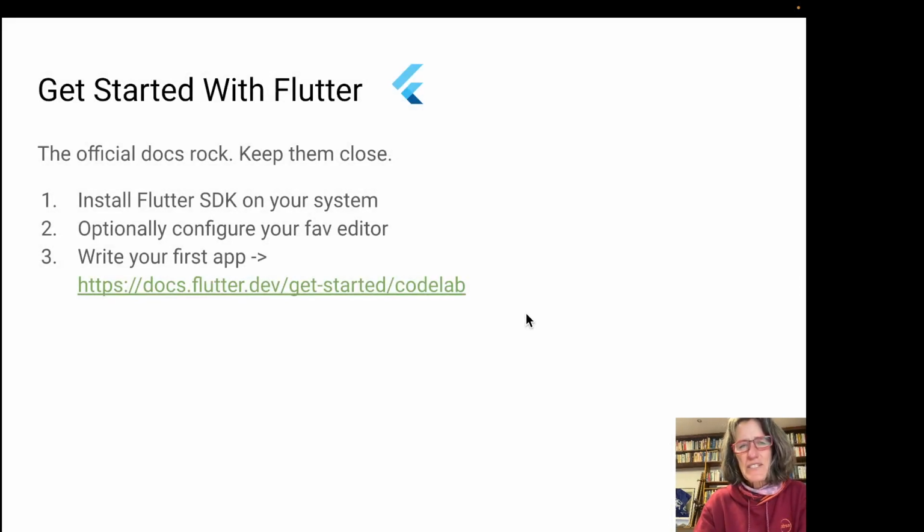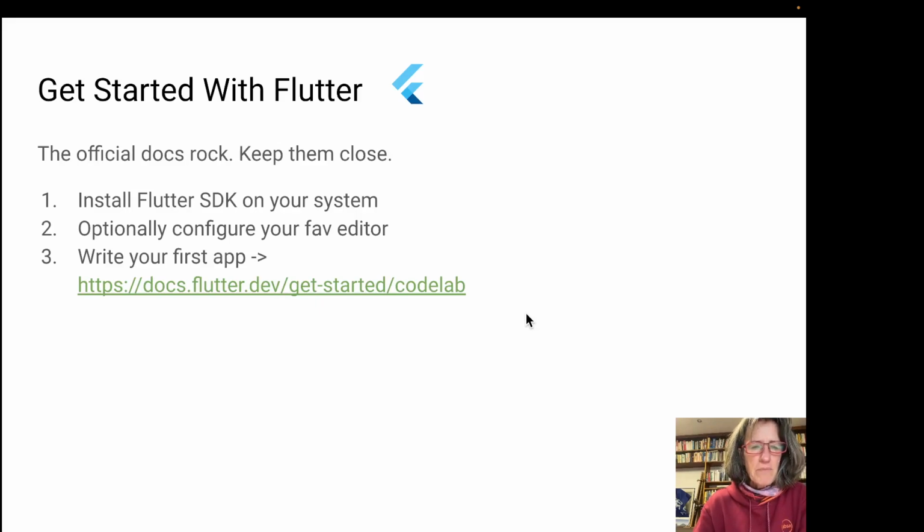So I could talk about this for quite a while longer, but I think it's time to look at something more concrete. So let's think about how you would get started with Flutter. The first thing you have to do, and this is mandatory, is you have to install the Flutter SDK on your system. So you have to download it first and install it.